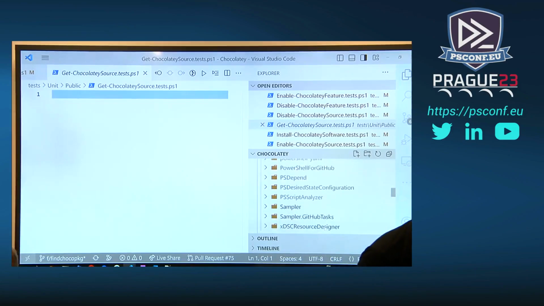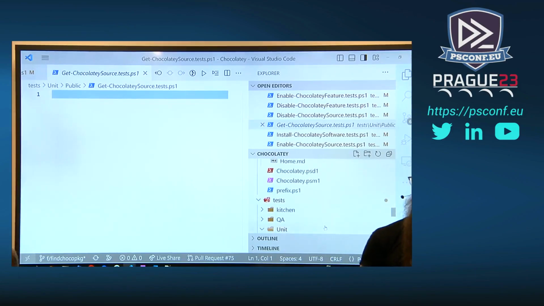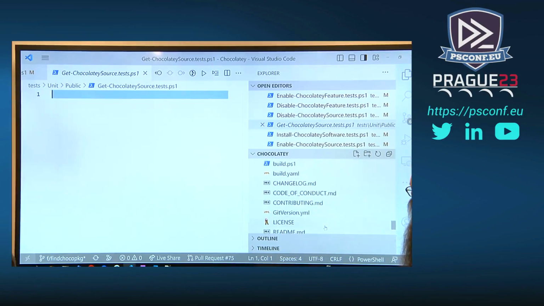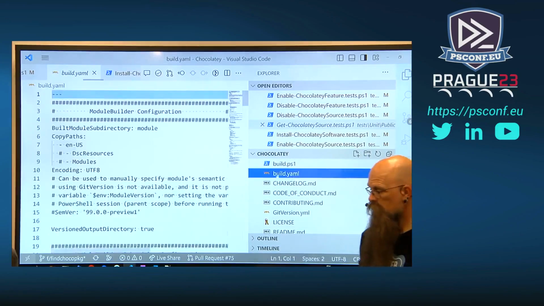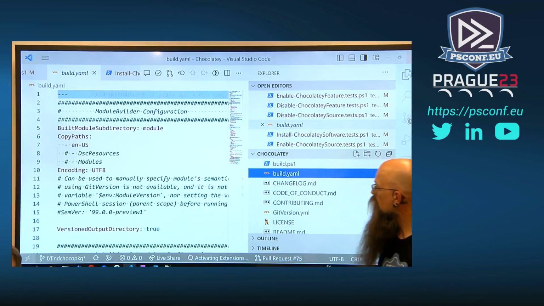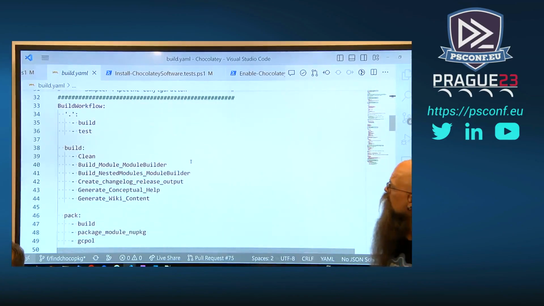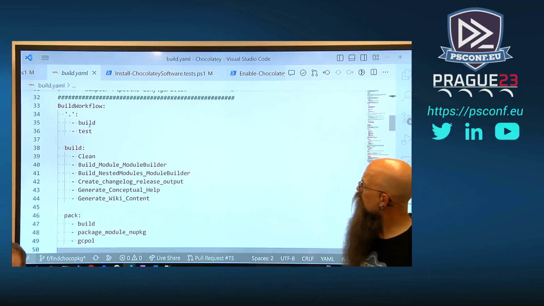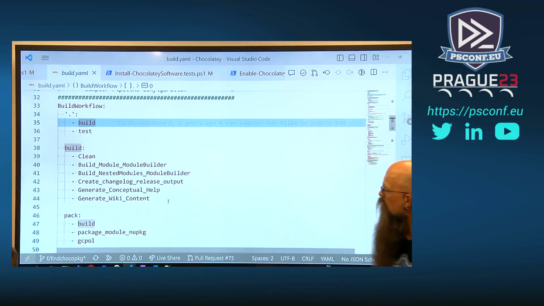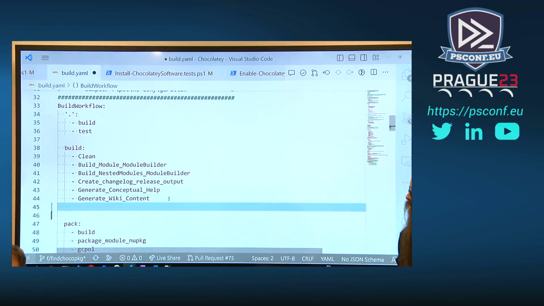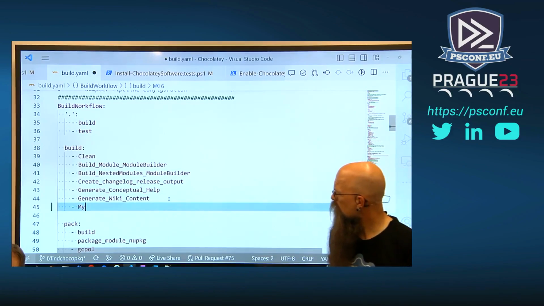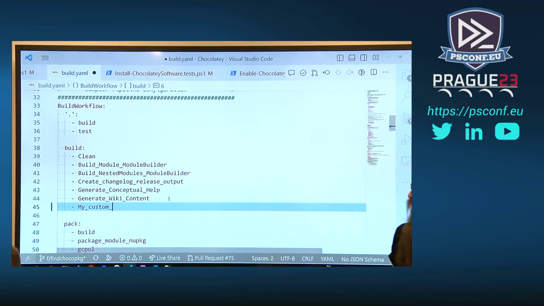And then you would go to the build.yaml, which you've seen a screenshot of earlier, but I will open the real one if I can find it. There we go. And then from here, you will define the tasks. So let's go see the tasks. And here, you have the task, and then say, well, when I do my build, when everything is done, I want to add my custom signing task. And that will